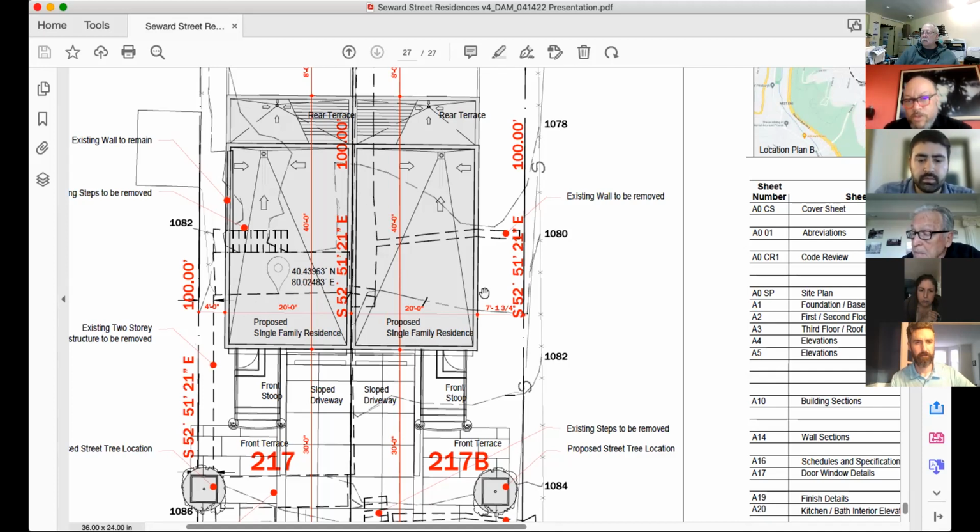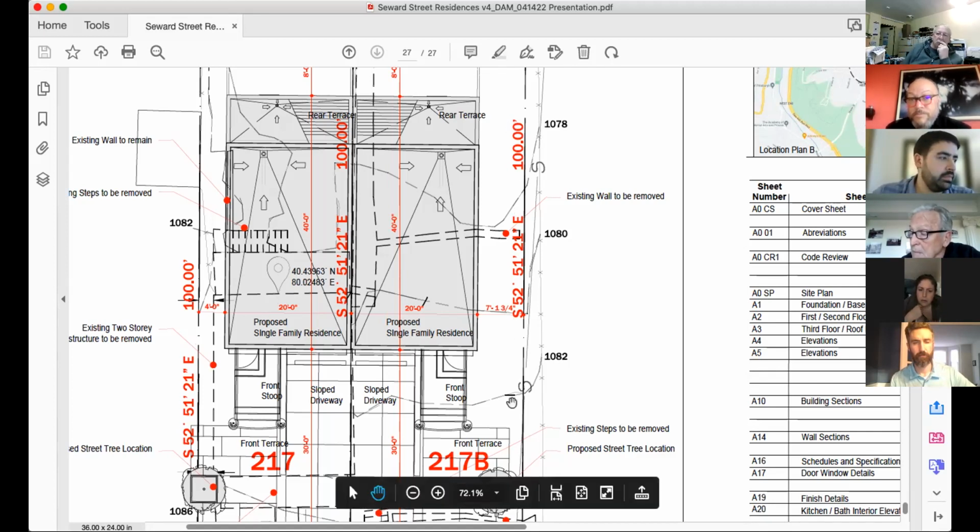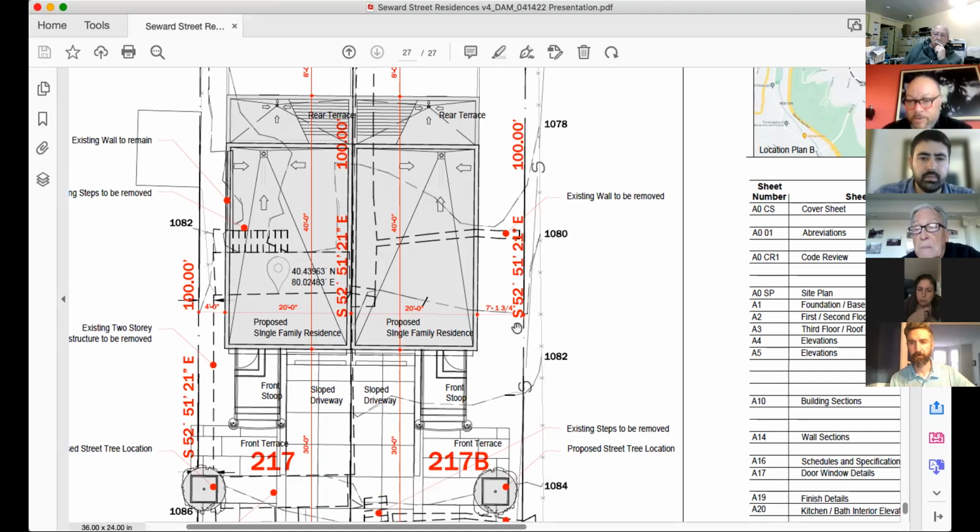The 7 and 1 3/4 is to avoid an underground utility. The sewer utility, the main sewer, is right here in this lot. It's very deep, but typically you do not want to build on top of utilities. It's just not a good practice. And so we moved everything over. In doing so, we want to keep the 4 foot to the neighbor's property, which is as of right, but we want to bring the houses together so that we have this larger space over here that we can avoid the underground utility. And that's why the variance. So that's all the variance is doing, basically shifting the property over.